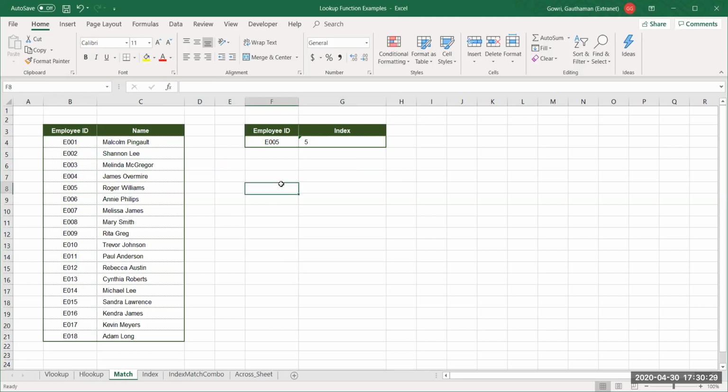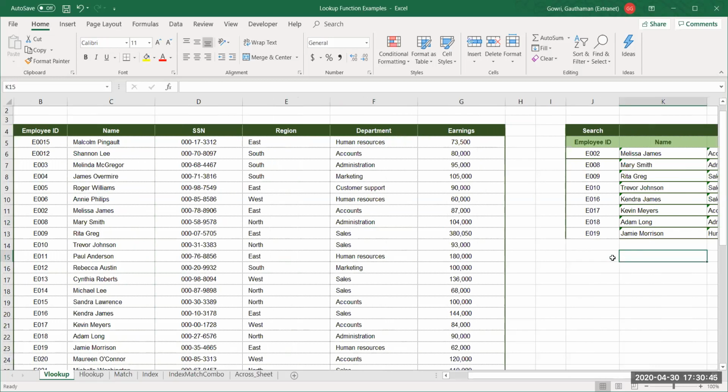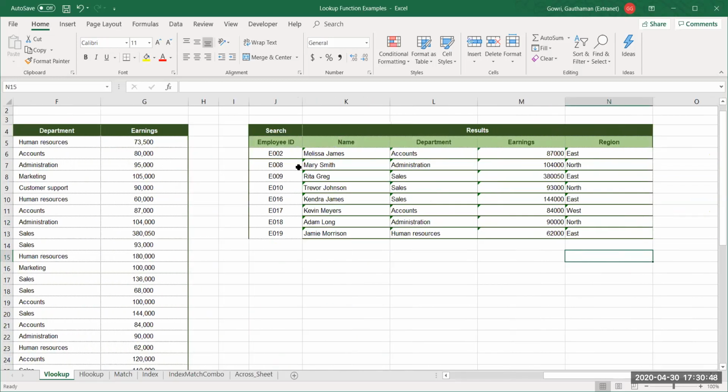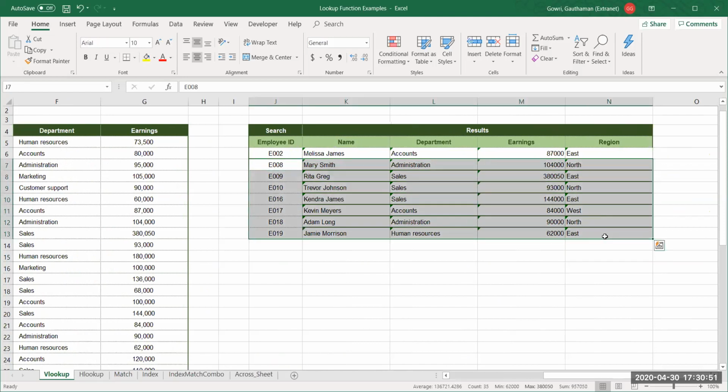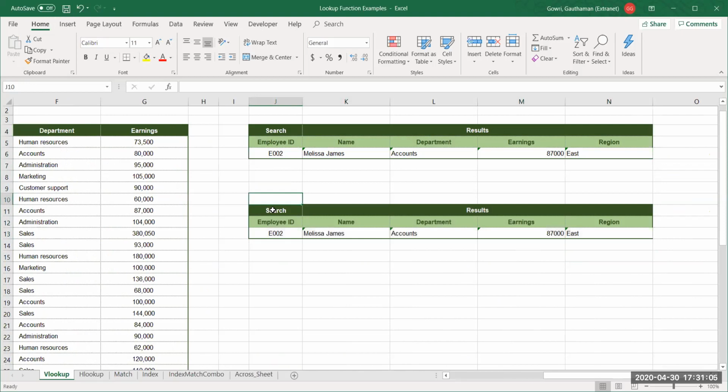Okay, match again, we can use it along with VLOOKUP and HLOOKUP to automatically get the row number and column number without any hassles. Currently we went and searched for the row number and column number. We counted it manually, correct? So what I'll do, remove this. I'll make a copy of this data just to show you how it works along with match. This example I would like to show you using the match function.